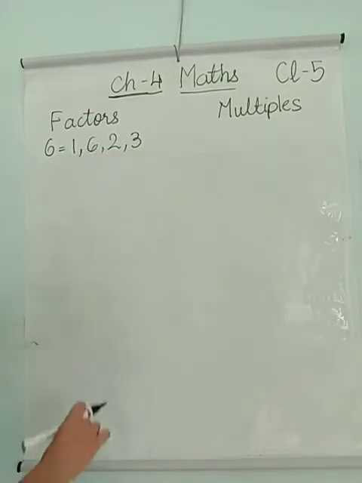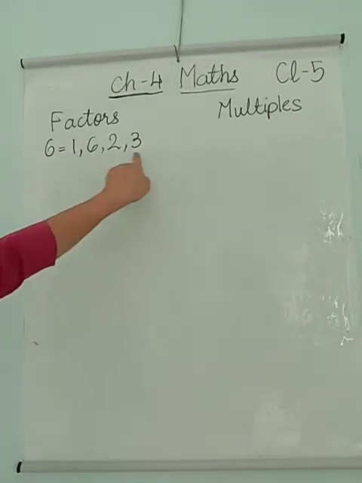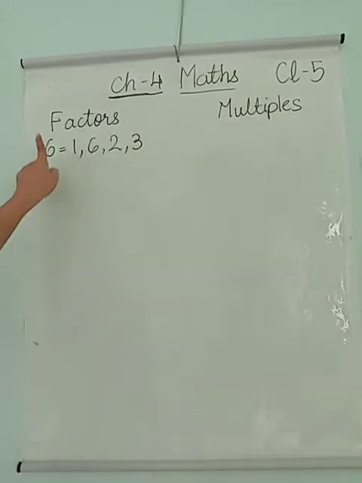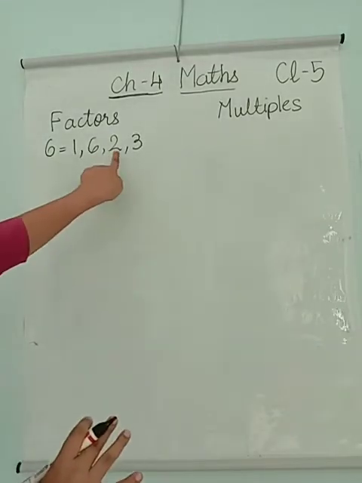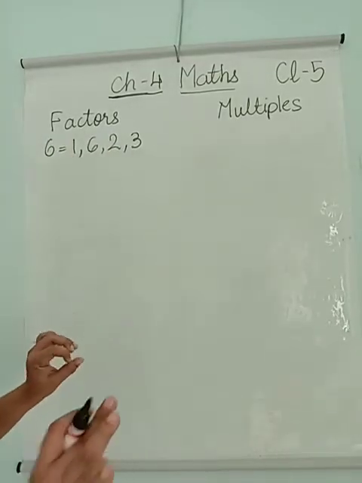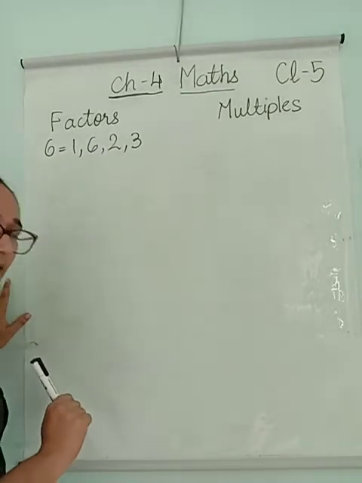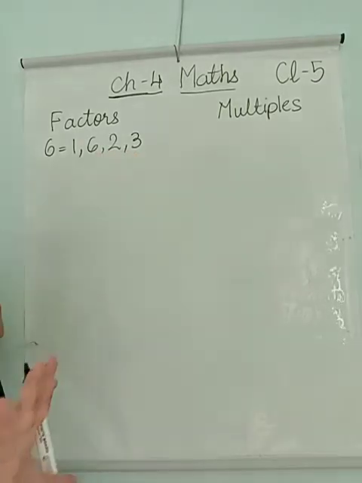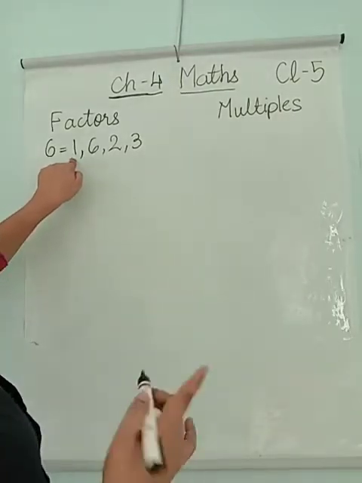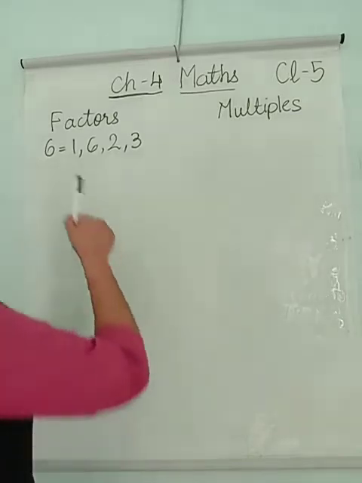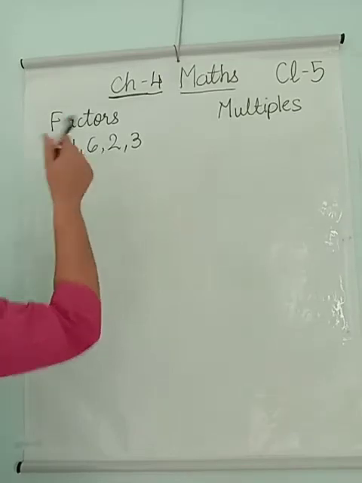So my factors are the numbers in whose table I get 6, or the factors are the numbers which can divide this number completely. Remainder will come 0. So after I divide this number by this, I get remainder 0. That is why these are called factors of 6. So the factors are limited. It will be a limited number. Greatest will be itself and smallest will be always 1. So the smallest factor for any number will be 1 and the greatest factor will be the number itself.